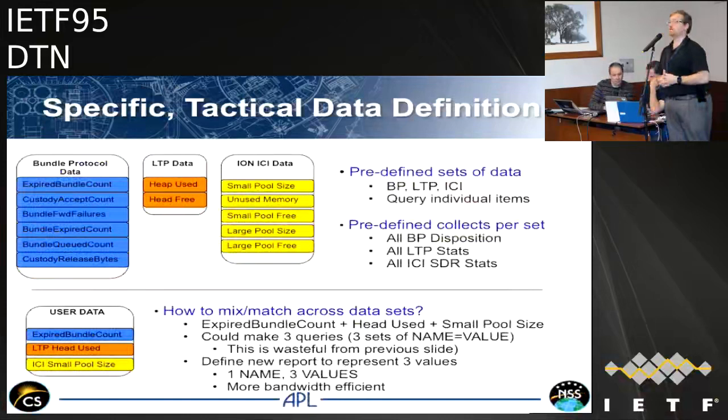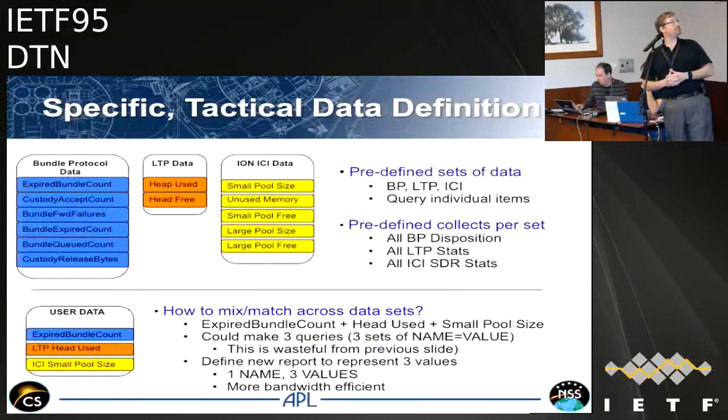Next slide. For specific tactical data definition, and I pull some of this from the ION implementation, which is where the reference implementation is started. If we had, for example, bundle protocol data, LTP data, and general ION ICI data, we want the ability for users to create their own custom report. Define those custom reports one time, send them up to the agent and say, here's a new report separate from the reports that you have to handle because they are defined in some other guided document. And this can be tactically defined for users in your network. And then you can simply say, here's my mission, here are the standard reports, here are the custom defined data definitions and the custom defined data reports that my mission will use, and then your operators can simply request those reports as if they were well defined otherwise.